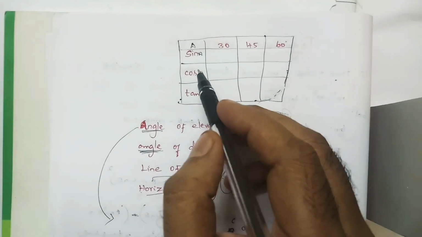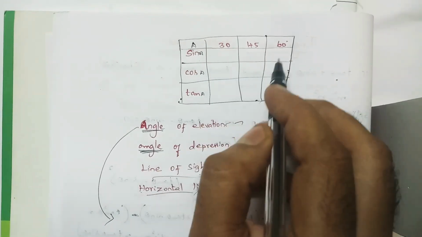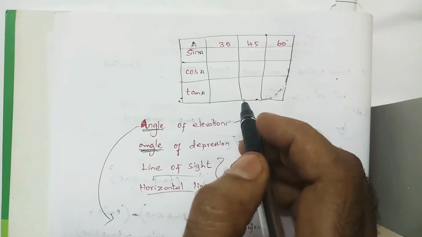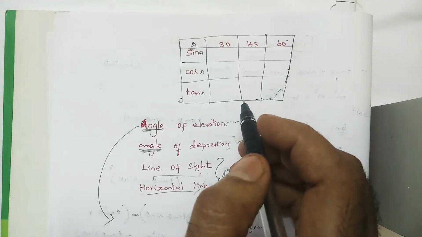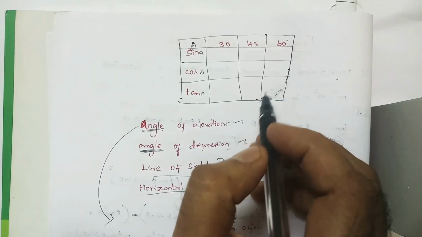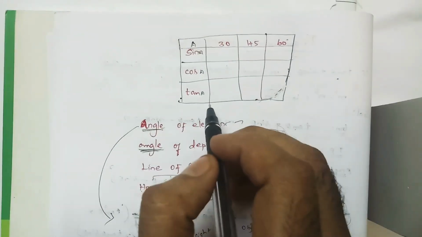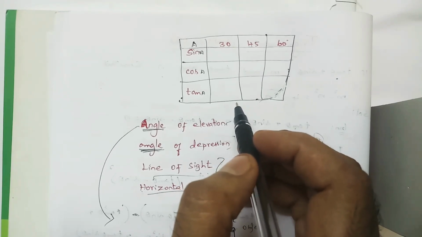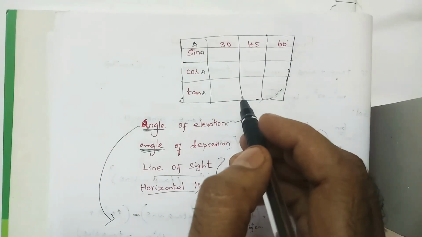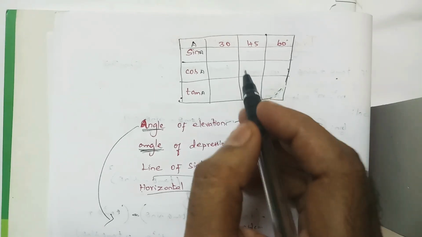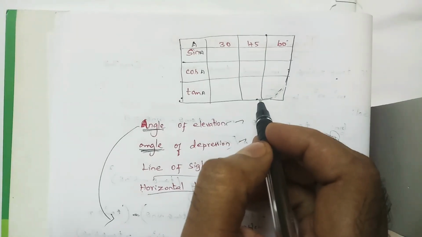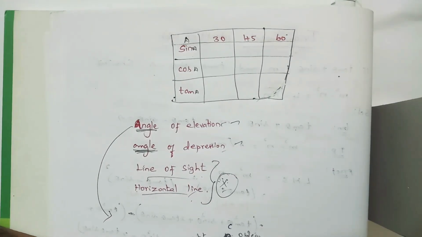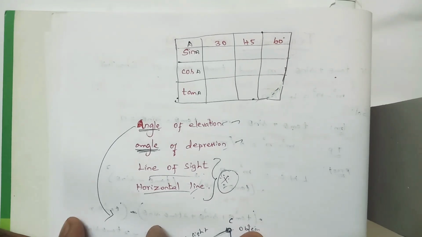But you just go through sine, cos, tan alone. This 9 value, without seeing the table. Without seeing the table, if I ask sine 45, sine 60, cos 30 or tan 45, you have to say it. So today's homework is nothing but writing these 9 values 5 times. First study thoroughly, and then without seeing, you have to write 5 times. That's all for homework, and you have to write the classworks, and just read the introduction part of this Application of Trigonometry, chapter 9.